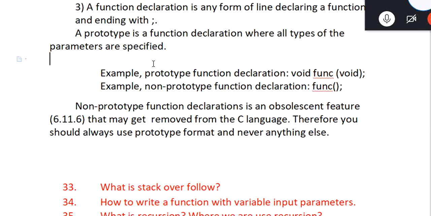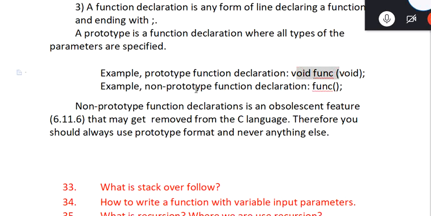Say if you have to make a plastic box, you first make one prototype, and all future plastic boxes will have the same height, width, everything. That will be the exact prototype. So here also the prototype is a function declaration which is exactly how my function is going to behave.